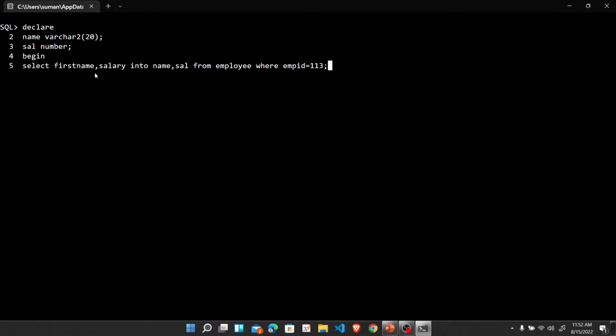We have to remember whatever we have written here, select first name and salary, according to the column name or the field name from the table employee, and whatever we have written here, that is name and cell, that is according to the declaration of the variable names in the PL/SQL block. So where EMP ID 113, and next we have to get the output, and for that we are typing dbms